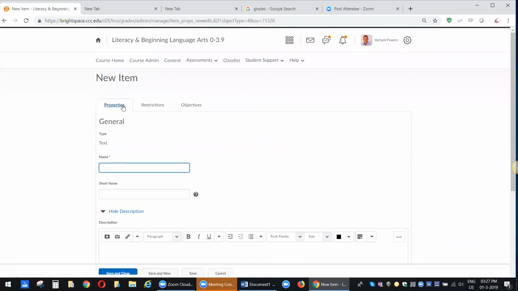And you'll notice three tabs across the top: properties, restrictions, and objectives. The first area to select, which is required, see the asterisks here, you type in a name for the grade. We'll call this midterm course grade. Now, short name, if you would like,